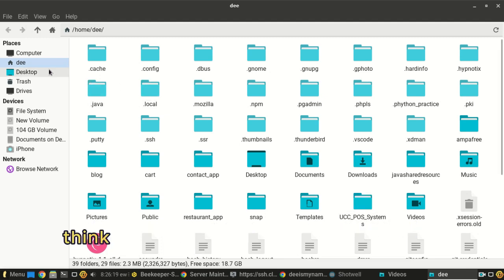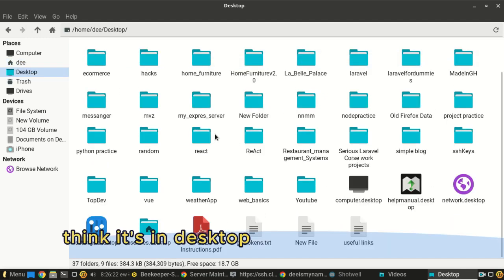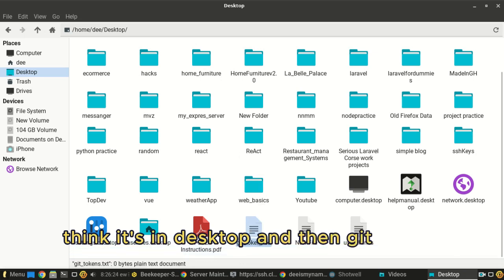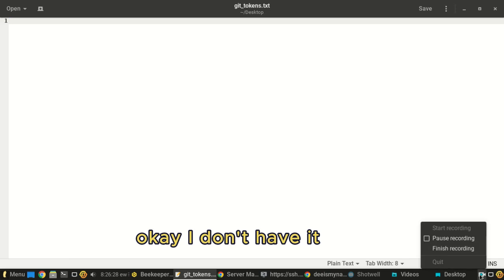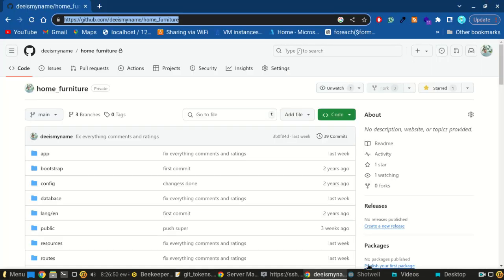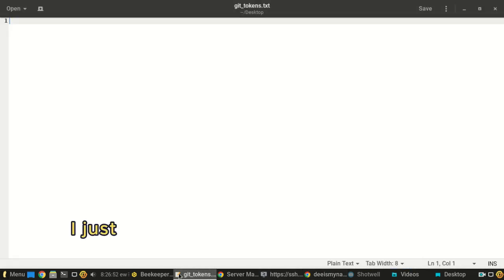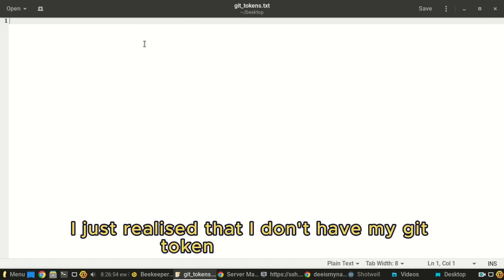I think it's in desktop, and then git tokens. Okay, I don't have it here. So I just realized that I don't have my Git token saved anywhere,